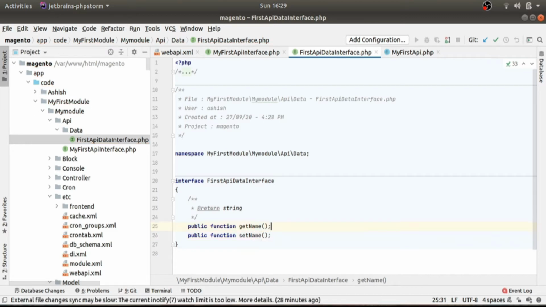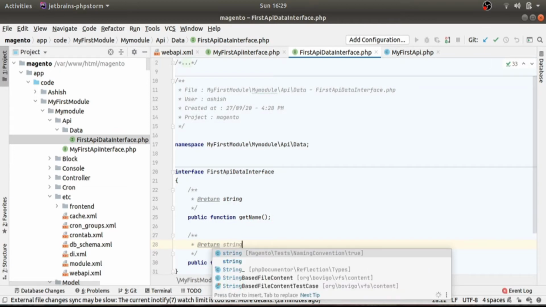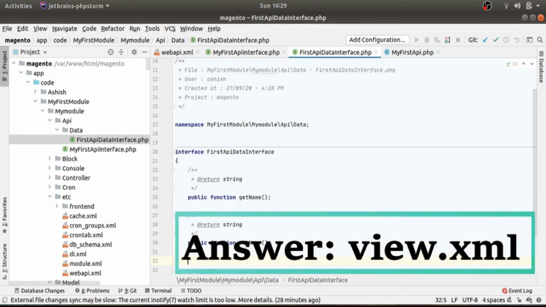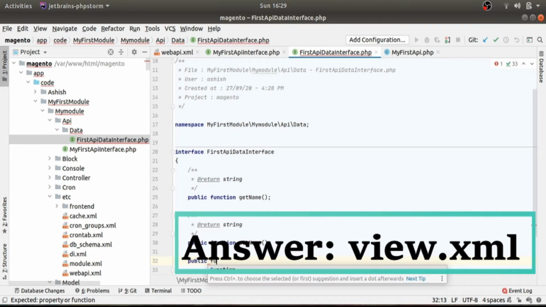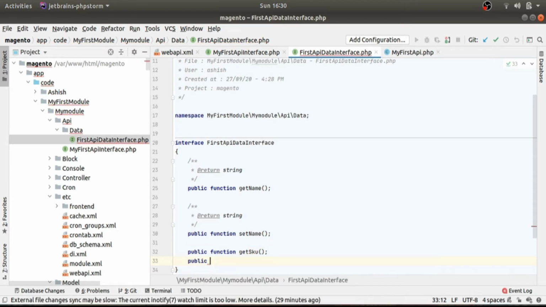I will add the parameter in the setter function later in this video. For demo purposes, I am going to use the getter and setter on the name and SKU attributes respectively. So I have defined getName, getSku, setSku in our data interface.